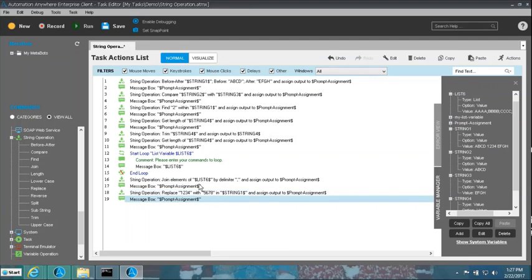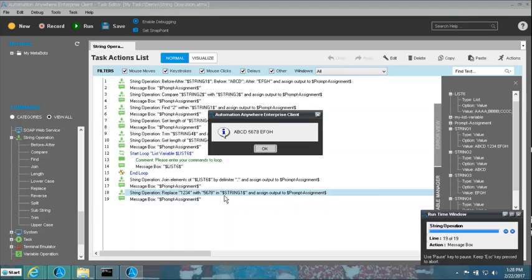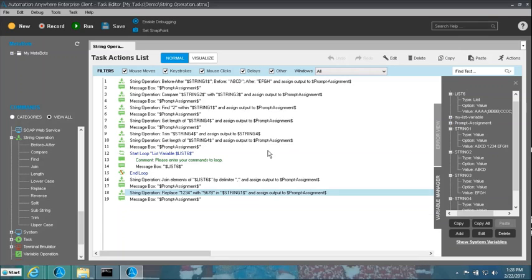So let me just go and save it. Run from this step and let's see what happens. And you can see the 1 2 3 4 has been successfully replaced with 5 6 7 8, and that is precisely what we want. So this is our replace command over here, which we were just trying to see. So that's replace. After replace, the next thing that we want is